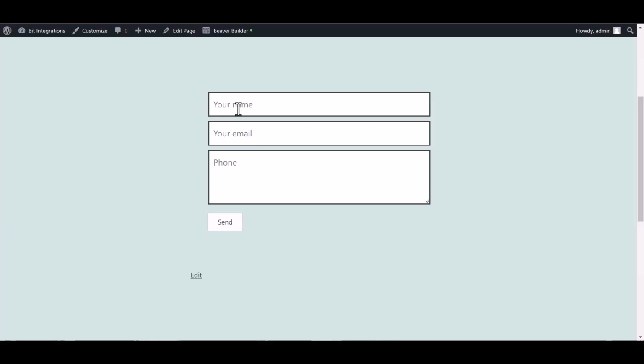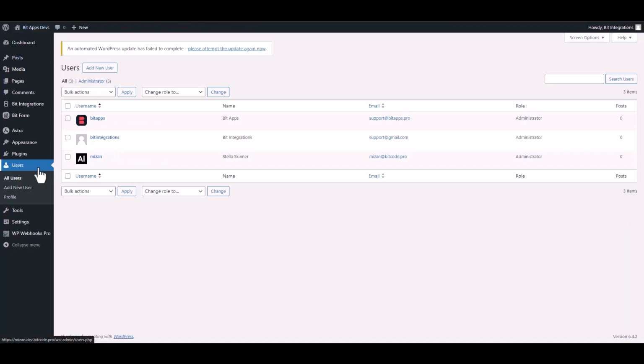Go to the Beaver Builder page and fill in the form. Submit it. Form submitted successfully. It appears that the user has been created